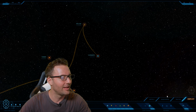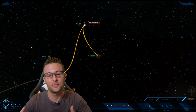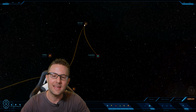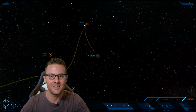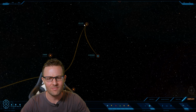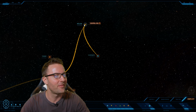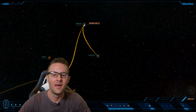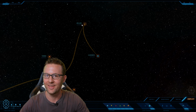Now, as you can see here, I turned on the large jump points, and it shows you it's connected to Kellogg, and this is where the system was discovered from in 2863, reportedly by the 18th Battle Fleet. Now, just so you know, that discovery is in dispute in a court case that's currently going through the UEE legal system. There's a lawsuit by the family of Contrali, which is the last name of the family, who credits their grandfather with actually discovering the system from Kellogg and submitting official paperwork to say such,